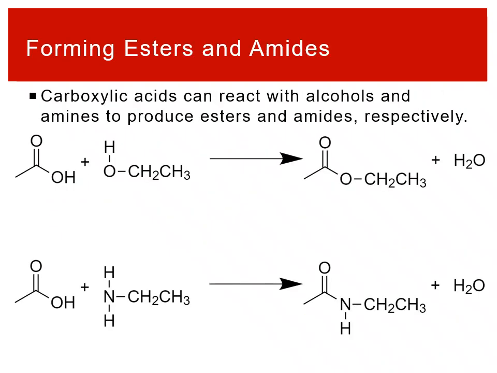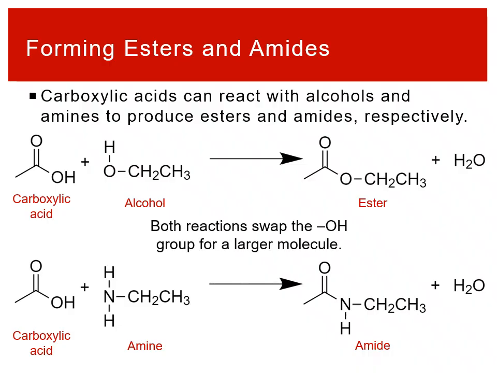The reason why esters, amides, and carboxylic acids are all here together is that these molecules are inherently linked together. Namely, you can react a carboxylic acid with alcohols and amines to make esters and amides respectively. I have two reactions drawn up here, a carboxylic acid reacting with either an alcohol or an amine to make an ester or an amide. In both cases, it's a very similar reaction pattern where the OH group from the carboxylic acid basically gets swapped out with a larger group to attach into that